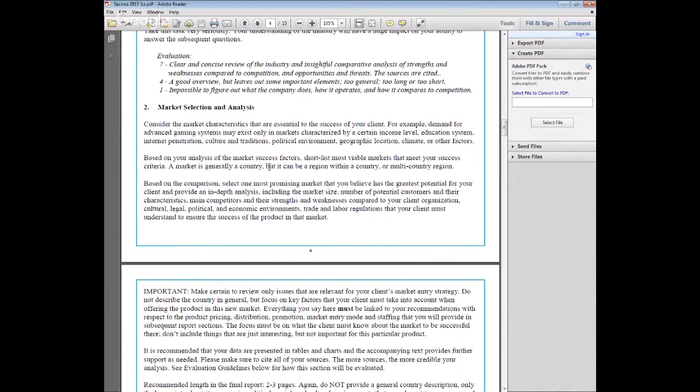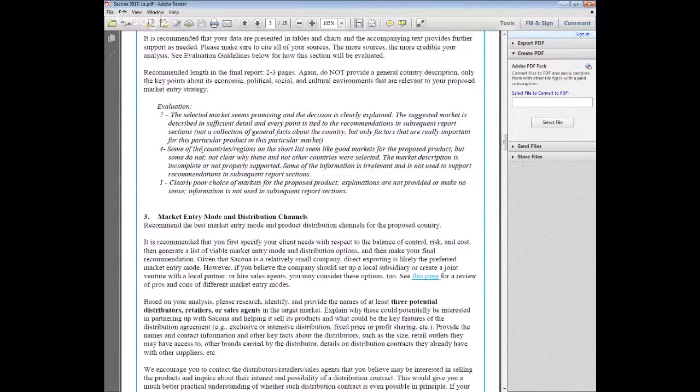That's where the students will select a country or maybe a region where they believe the company has the best potential, so that's where there is most demand and there will be greatest sales. And then analyze that market for its cultural environment, economic environment, political environment, maybe some sort of trade restrictions. So whatever you think the company needs to know in order to be able to succeed in that market.